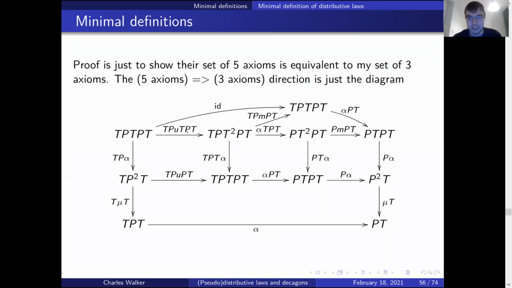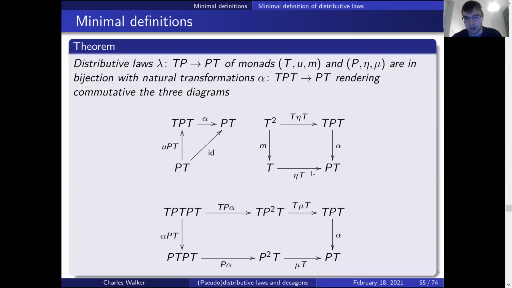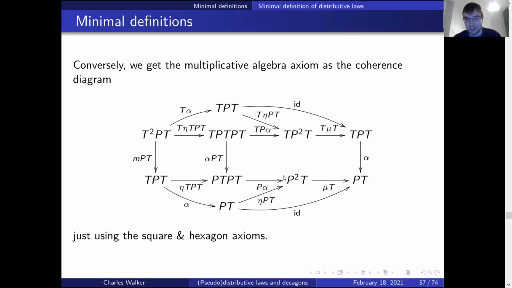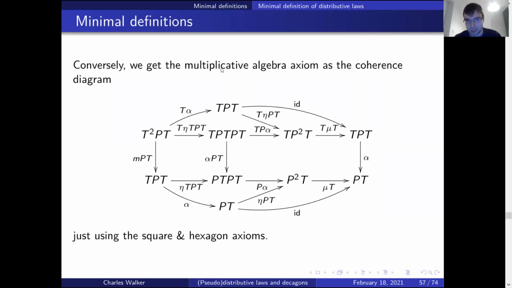Right, so as for proving this, it's just a matter of showing that this set of 5 coherence axioms, so these 3 and these 2 algebra axioms, are equivalent to my set of 3 coherence axioms. For the direction that the 5 axioms imply the 3, that's just a matter of checking this one, which comes from this pasting diagram. And conversely, given just these 3 axioms, you can recover the